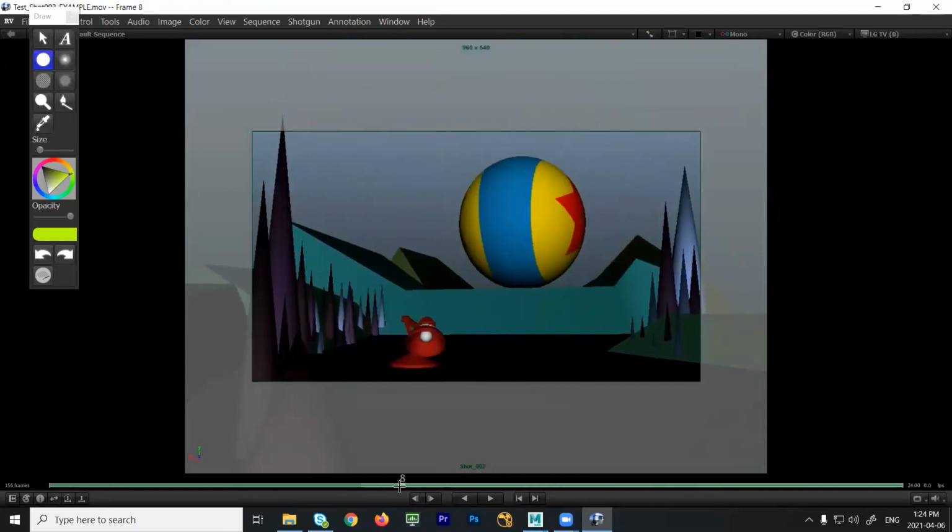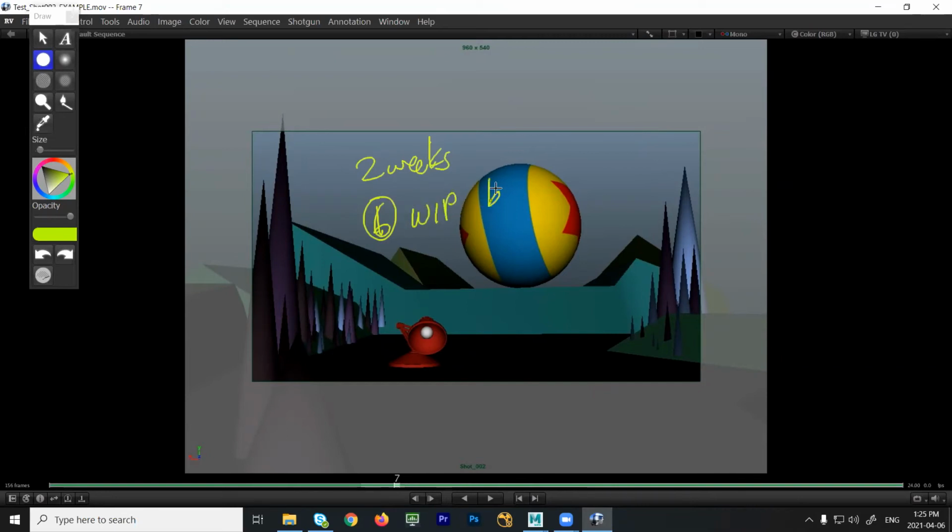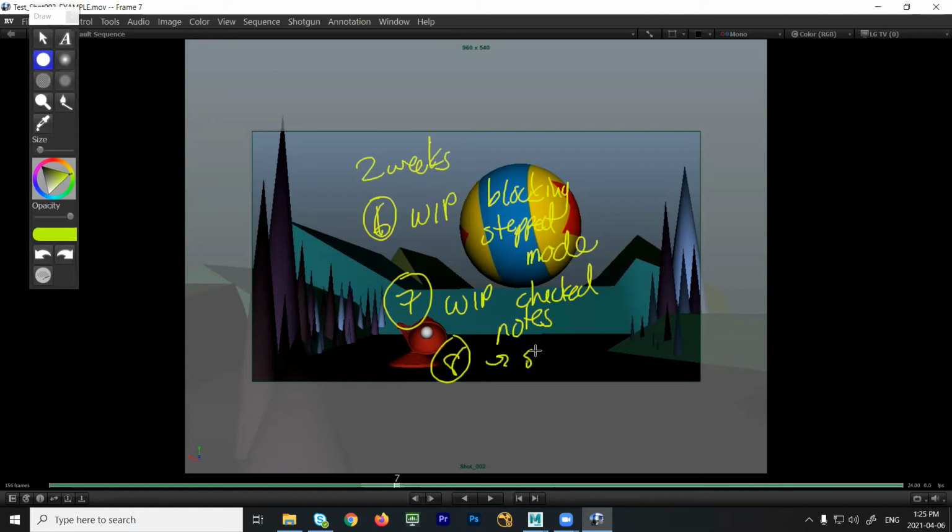With this assignment, you're gonna have 2 weeks. So week 1, right, which is this week, technically let's call it week 6, we're gonna do the work in progress blocking. And we're gonna do that in stepped mode. And again, I'll talk about that in more detail once we get into the demo. And then in week 7, right, the work in progress is going to be checked. I'll give notes. And then week 8, you submit the final. And that's usually Wednesday,